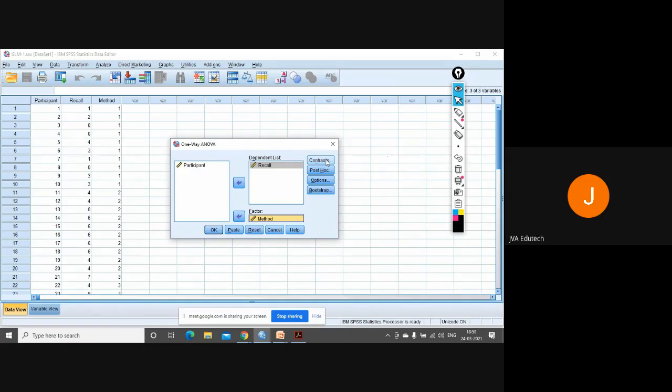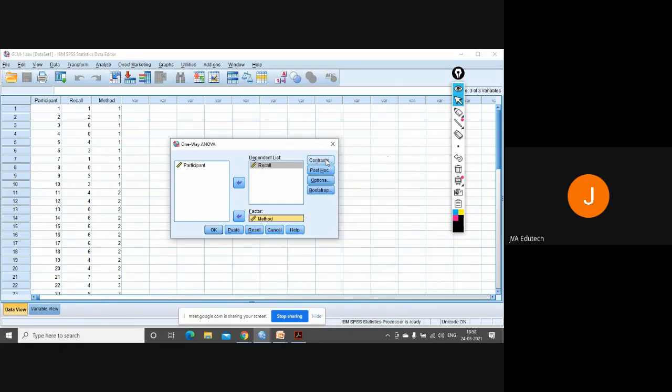Now you are performing it three times, so inflation of error might be more. In the first model you will get some error, in the second model you will get some error, in the third also you will get some error. So rather than that, we compare all of them simultaneously, either using the contrast method or the post hoc method, and these are known as multiple comparisons.